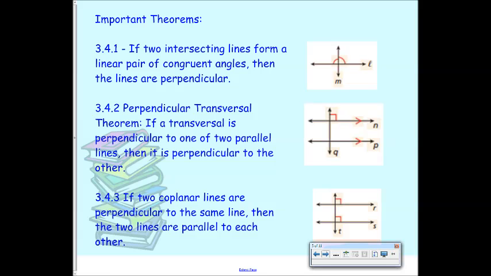We have 4 angle relationships. Which one is this and this? They're corresponding. So if this is 90, this also has to be 90. And then if these are both 90, all the rest of them are also 90. Basically, if one of them is 90, all of them are 90 as long as the lines are parallel to